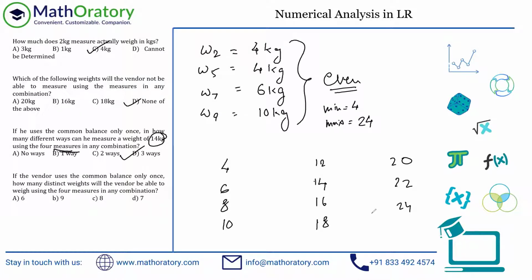So in this case, what are the possibilities that are feasible? Which weights can we actually measure? 4 kilo, obviously. 6 kilo, obviously. 8 kilo also, because a couple of fours are available out here. We can put them together. So 8 kilo can also be measured, and 10 kilo obviously, right? Because anyhow we have this.